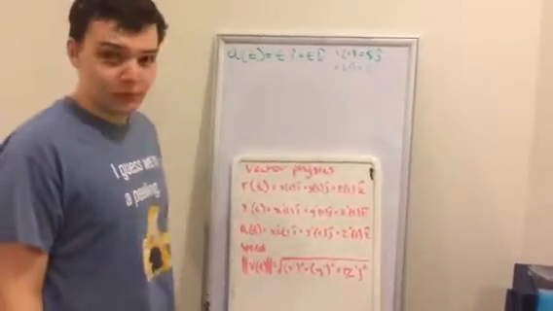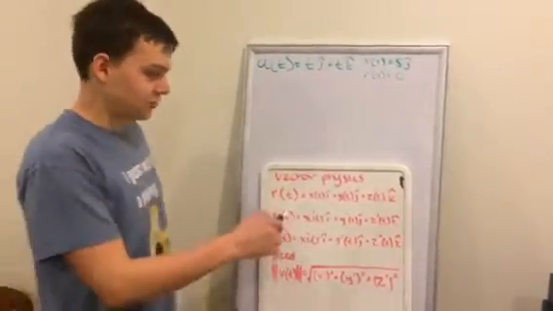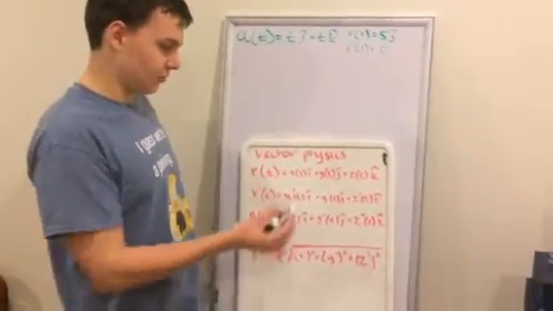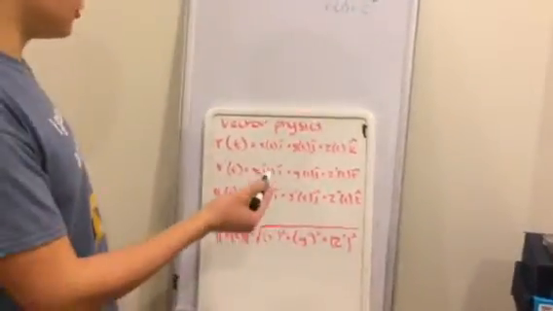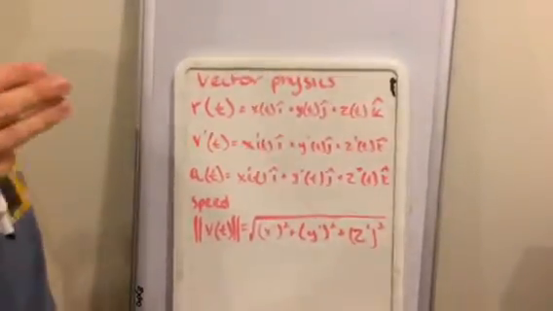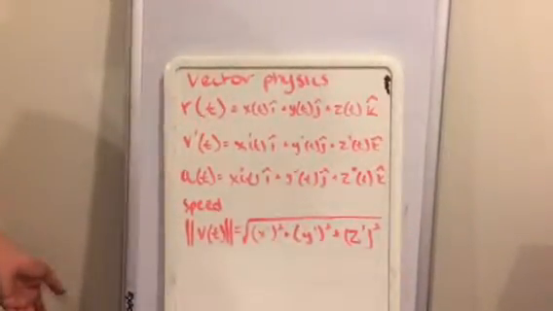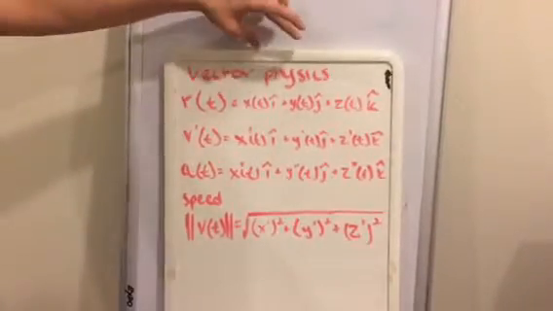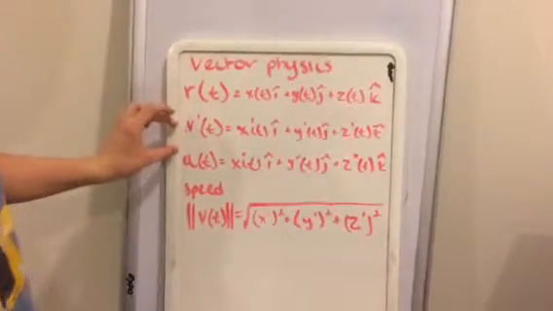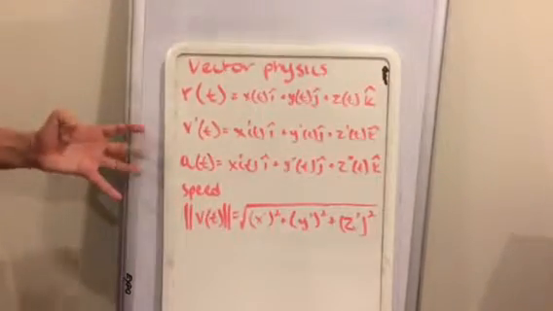This is the 12.3 vector physics lesson. This unit deals with the concept of vectors and the notation of using vectors as i, j, and k as your three-dimension vector. With this format, many times used for physics, you have your distance equation, velocity equation, acceleration, and speed. These are the four main concepts that we'll be dealing